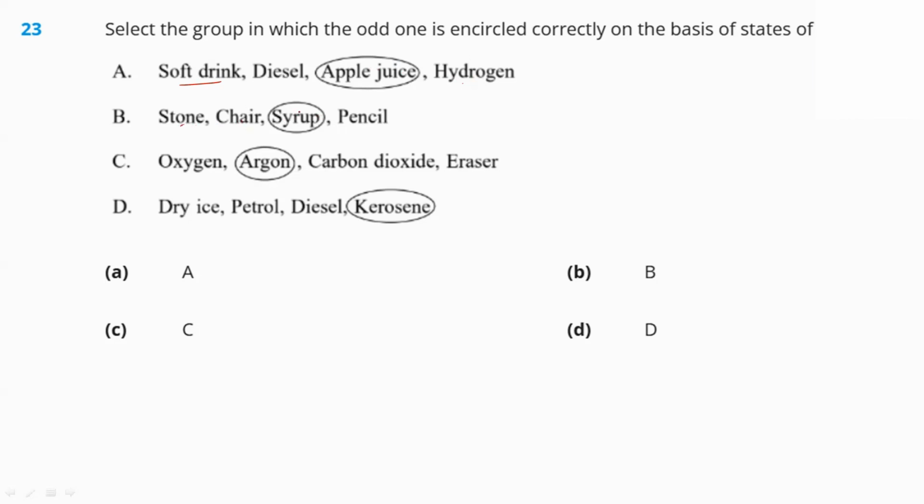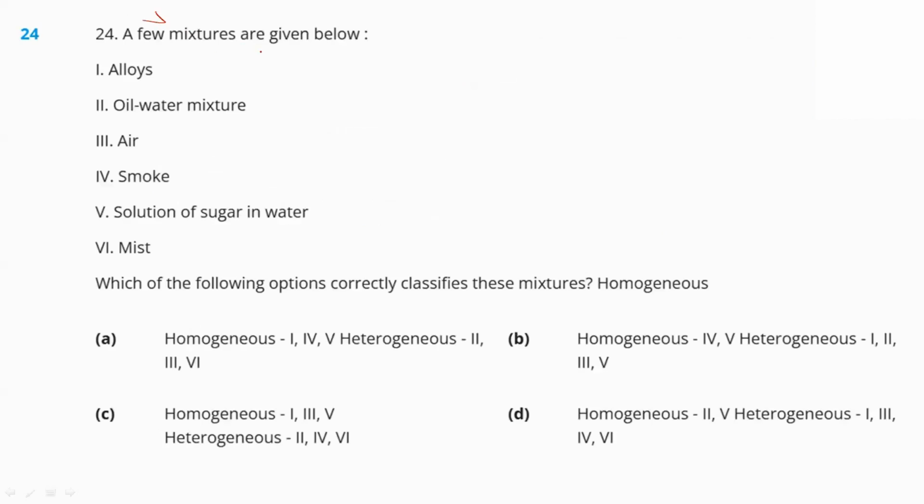Stone, chair, syrup, pencil. So stone, chair, and pencil, they are solid, but syrup is liquid. So this is the most correct encircled option. So option number B is our right answer. Okay. Next question. A few mixtures are given below: alloys, oil, water mixture, air, smoke, solution of sugar in water,